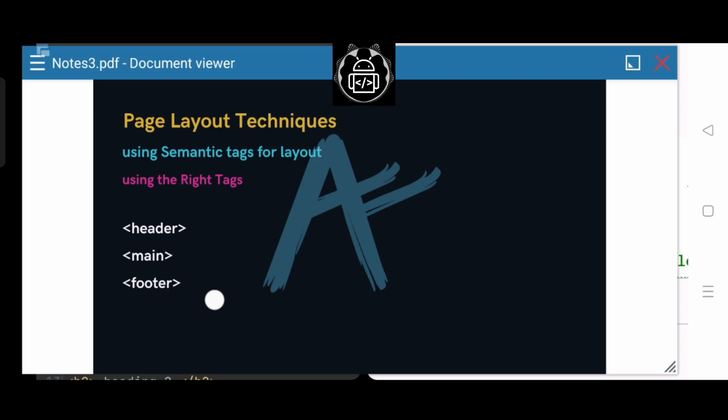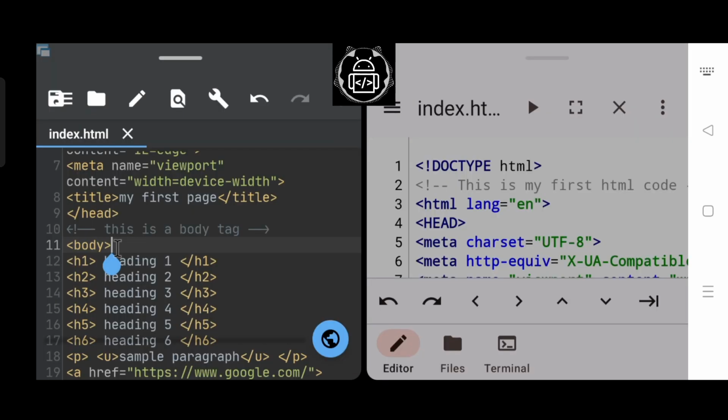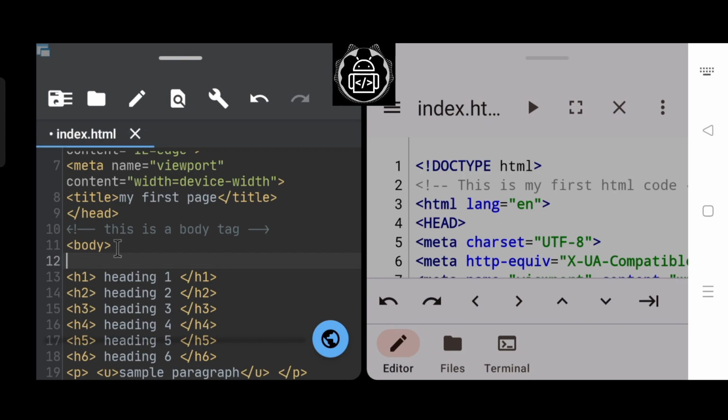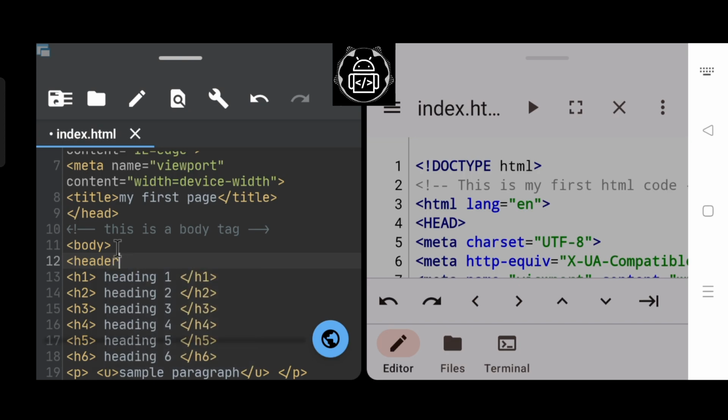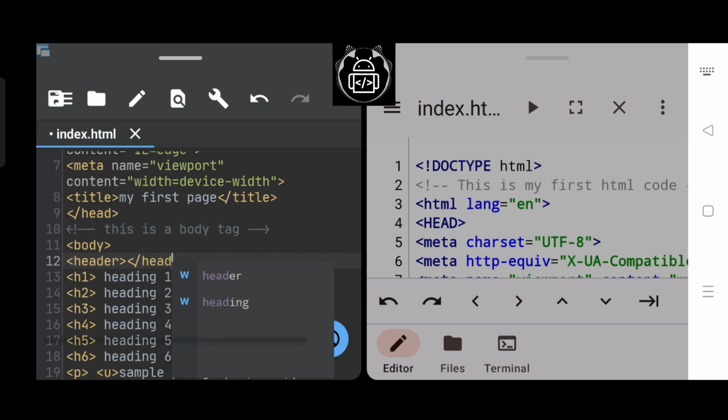Let's start by discussing our header tag. To create a header for any website, if we have a normal HTML page, what will we do inside the body? We'll provide a space after the head. Going inside the body, what will we do first? We'll create our header. Inside the header, we can include various elements like our menu, which might have a link